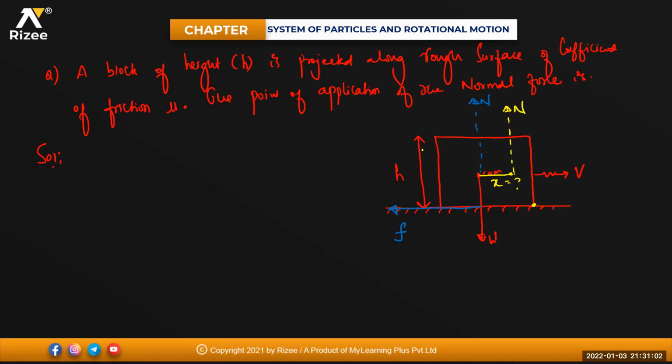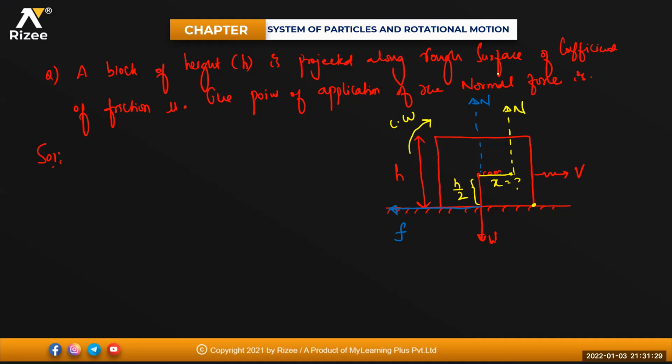This body will move in the clockwise direction like this when you apply the force on it. It is something like a drum: if you apply force on the upper part of a drum, it will try to topple at one end. Something like that situation. So from the center of mass, this height will be h by 2, because the total height is h. Now, the body does not rotate here.